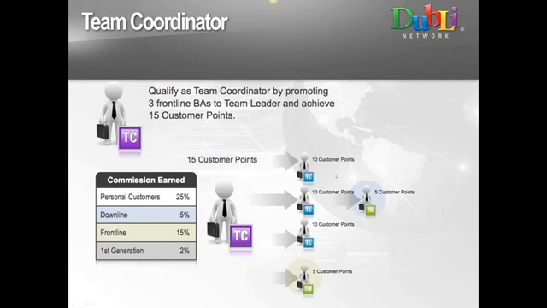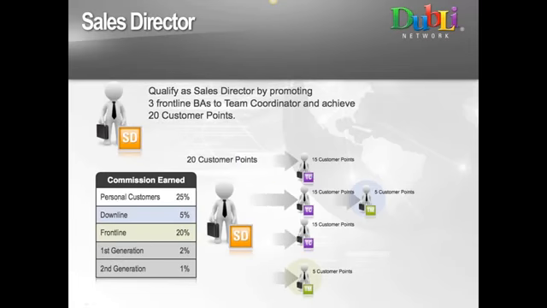Same thing here. So you're going to have, in the third level, if you will, there's going to be 27 people. And I'm describing this as if we lived in a perfect world, which we don't. But if we did, once that happens, then these individuals will get promoted to team coordinator as well. This person will get a promotion to sales director, another title. They pick up another 5%, so their cumulative total is 20.